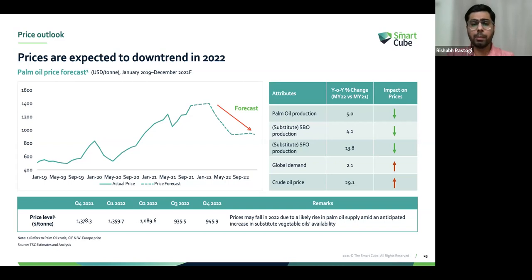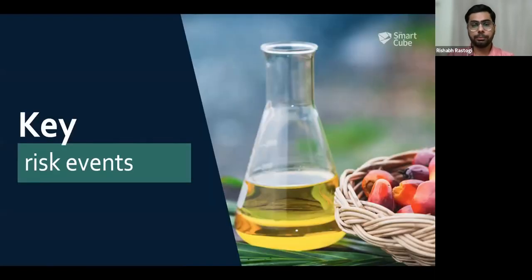We expect global demand to rise 2.1% on a yearly basis, and we expect crude oil prices to jump around 29%. That is going to cushion the price fall. But there are some risk factors as well, which may affect our price outlook. Starting with the bullish factors,